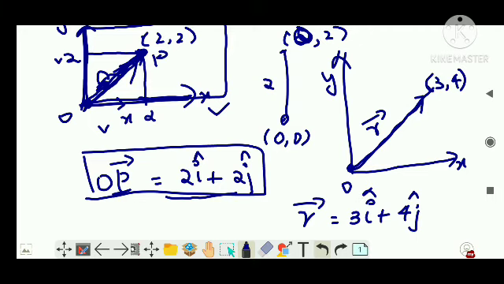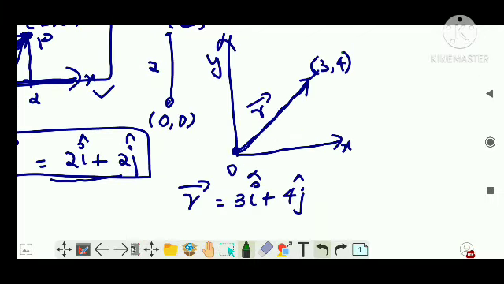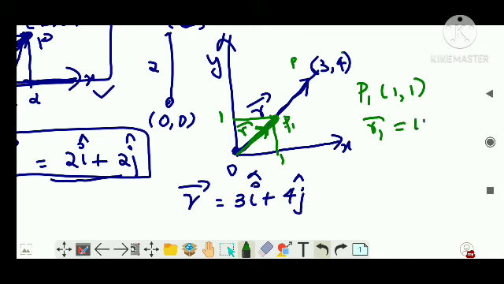Similarly, in this graph, if I consider another point, let's say here it is 1, here also it is 1, that means this point has another position vector, let's say r vector, right? This is another point, let's say this is P1, then P1's point is what? 1 comma 1, then that position vector r1 on the same line, right? r1 vector is written as 1 i cap plus 1 j cap. Similarly, along one line itself, you can write multiple position vectors because position can change.